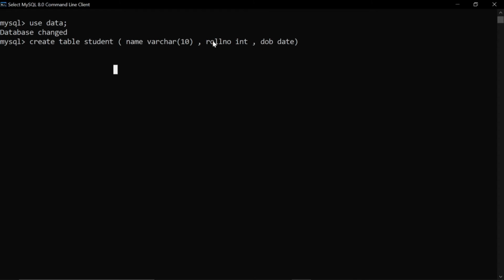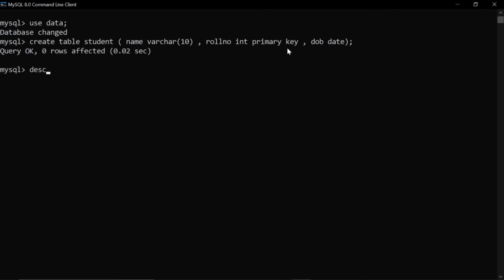So now suppose here in roll number I want to give it as a primary key. So besides its data type you have to just write primary key. And here you have to make sure that you give a space between the primary and key. If you write both together then it won't take that syntax.